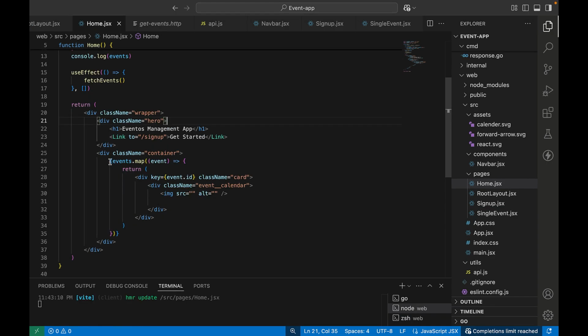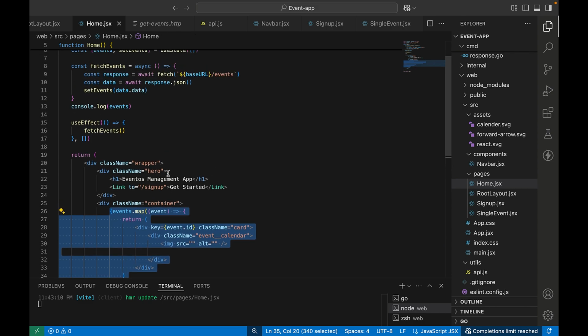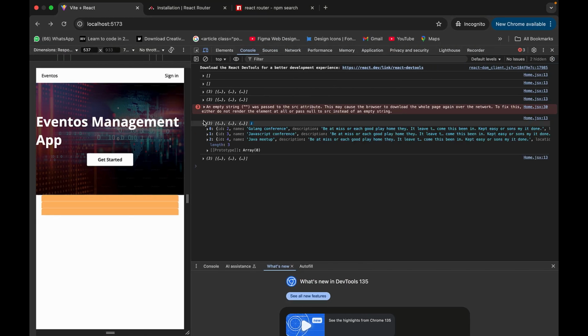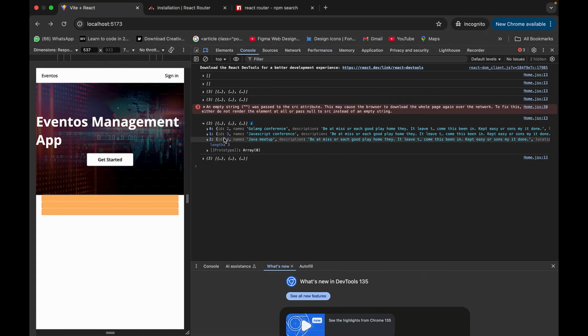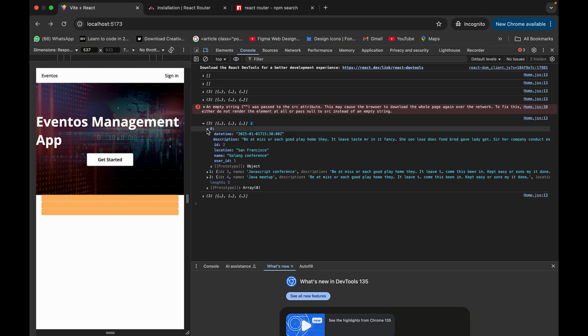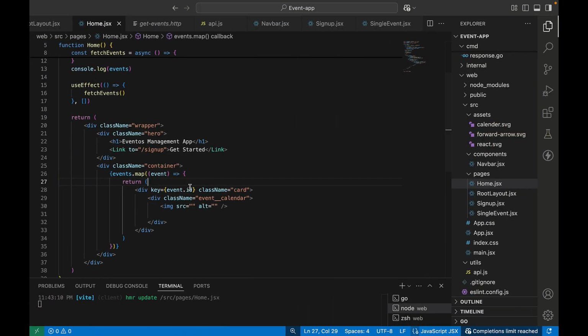What we are working on, or what we are still doing, is to loop over the events. And we know that the event is an array of objects, right? So it's an array of objects that we know, and we are looping, and then we want to be able to get out all the values that we have. We want to be able to get out the names, the descriptions. We have name, description, locations, and these are things that we want to get out individually, and that is why